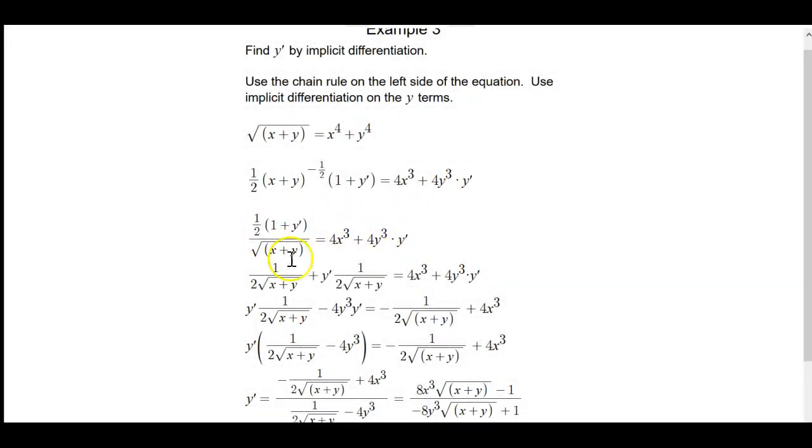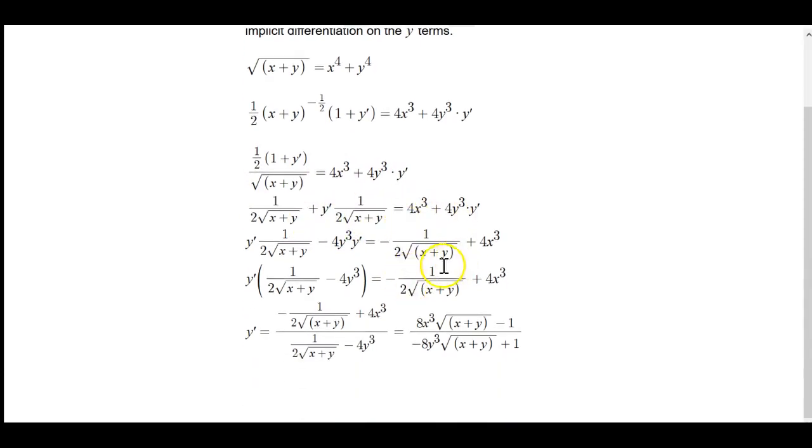So again, we gather like terms on either side of the equation. I get my y prime terms over here. I factor out y prime, and then I divide. And the reason I put it in this form is because this example is actually an example from the